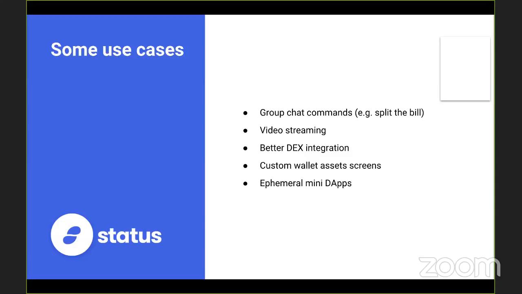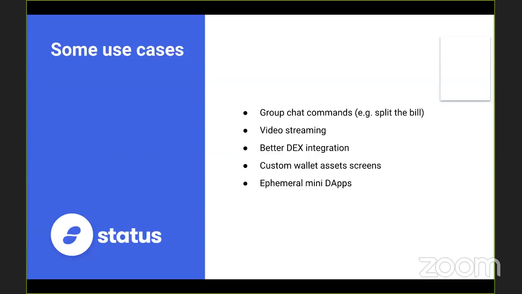One thing we want to allow third-party developers to do is to create their own chat commands, and you can think like in group chat. I think there is a great potential for chat commands, because then you have access to all the contacts you have in this chat. One example is a split-the-bill kind of application. Here you could directly split the bill among the participants of your chat, and because you can leverage Ethereum, you can directly pay and do more advanced stuff here.